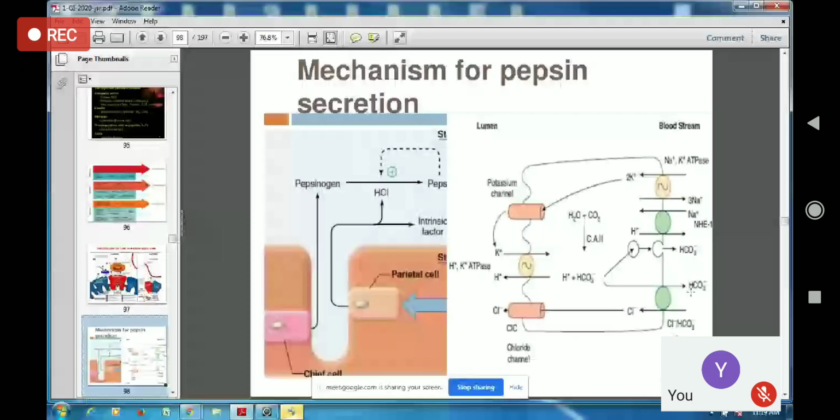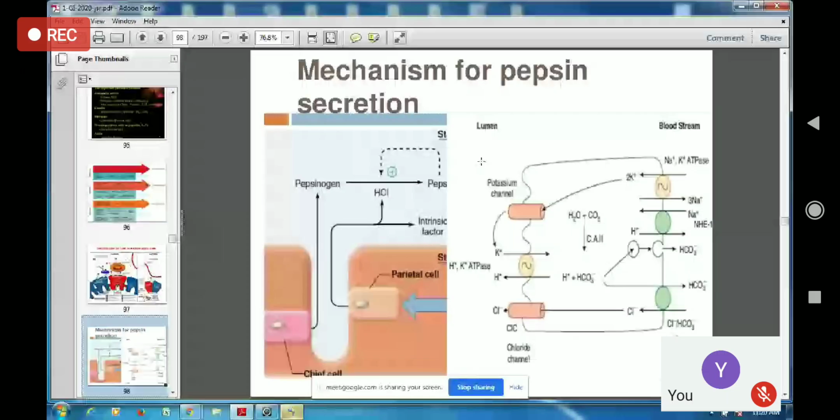So this completes your neural regulation. Now coming to what is remaining, hormonal regulation. We have to take into consideration hormones like gastrin. Gastrin, we studied a little while ago, is produced by G cells, the enteroendocrine cells of the stomach. So gastrin is produced not in the lumen of the stomach, but it is secreted into the blood. As it is a hormone, it will be in blood.